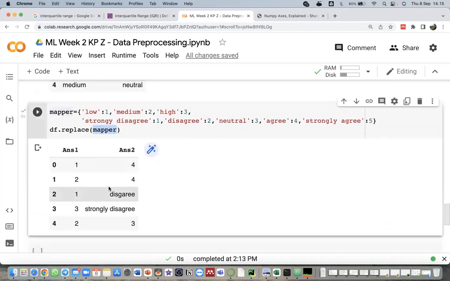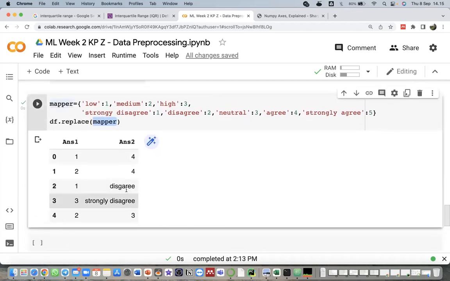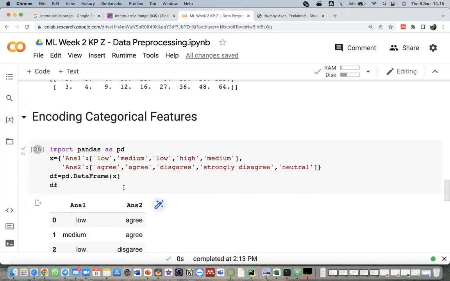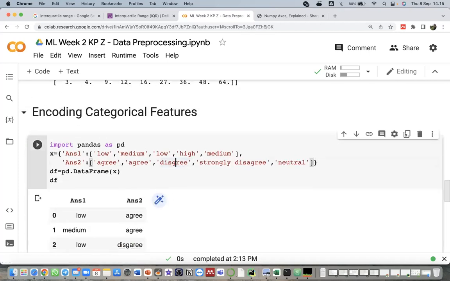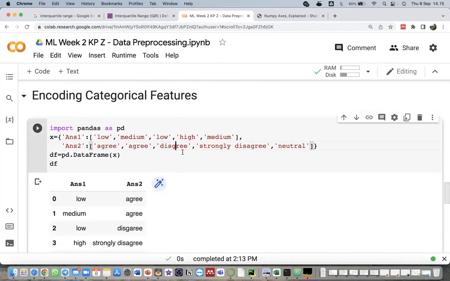Then the result after we, oh wait, I made a little typo here. This one is not disagree.